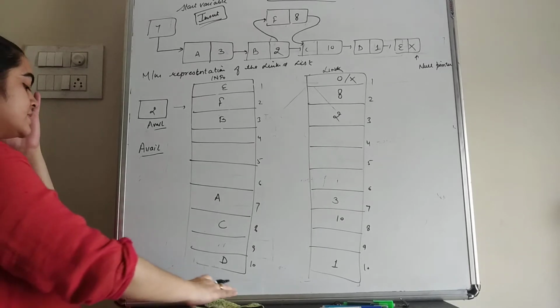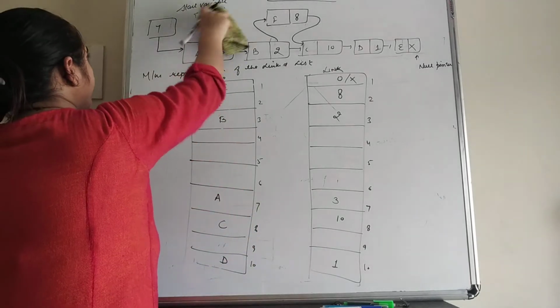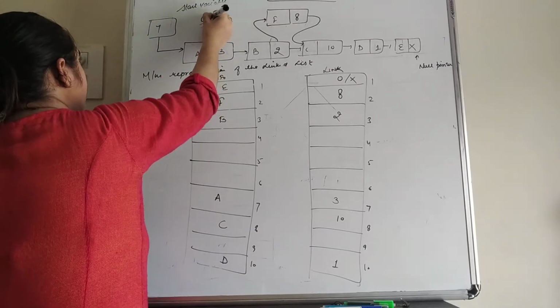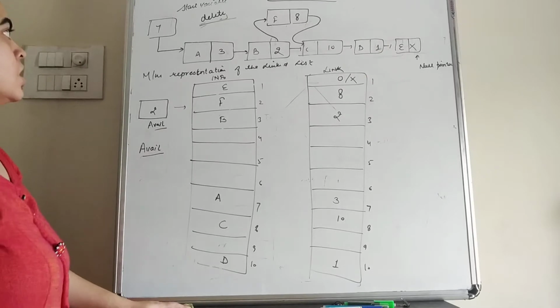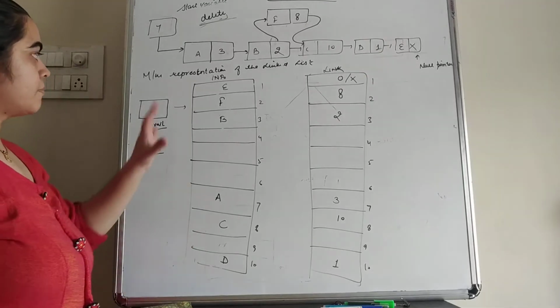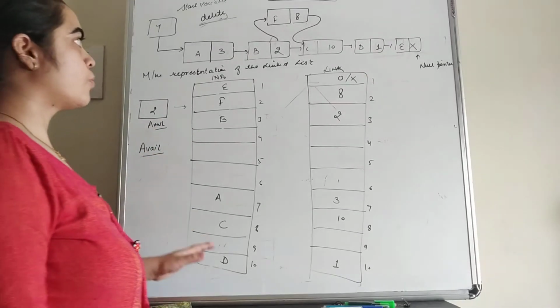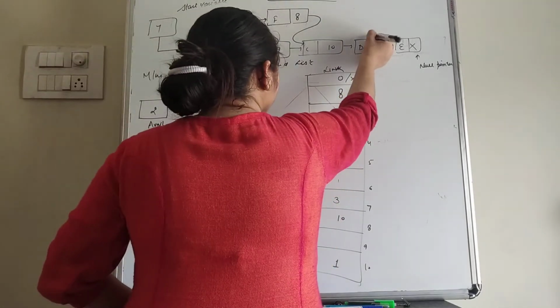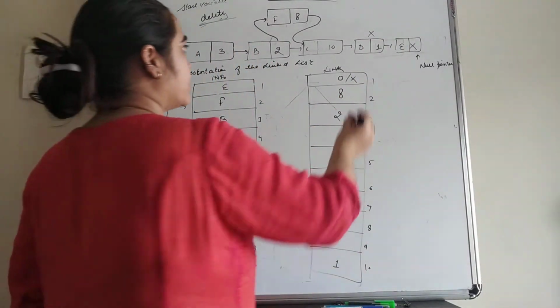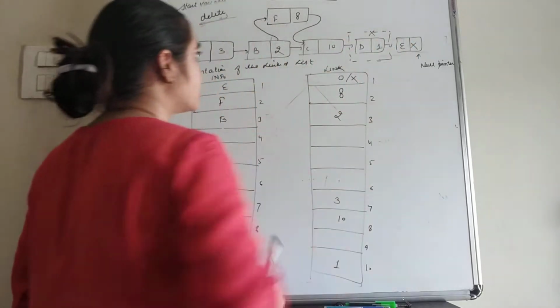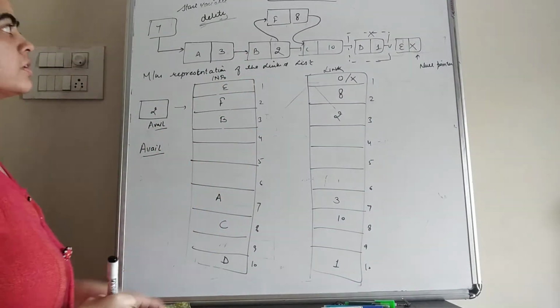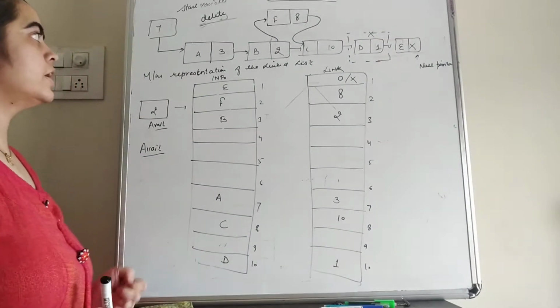After this, we can see the deletion of a node from the linked list. How can we delete the data element from the linked list? Now you can see this with an example. The same example we are taking. Suppose we have to delete this node from the linked list. We can represent it with the dotted box. This data element, or this node, we want to delete from the linked list.